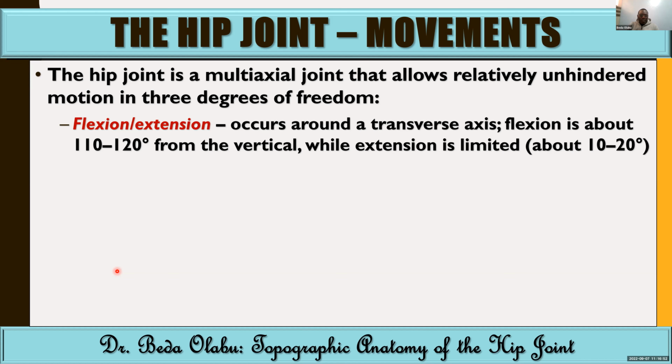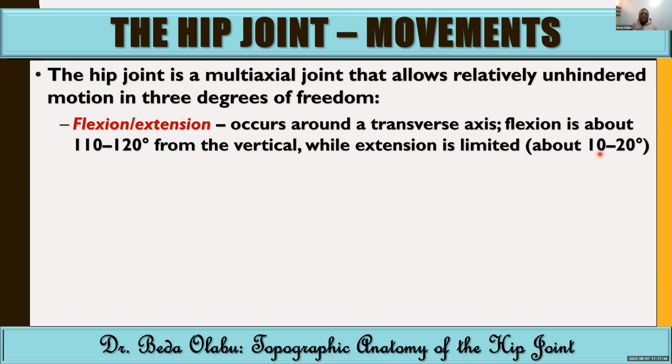Flexion is much more permissive than extension at the hip joint because extension is limited by the iliofemoral ligament, by the tendon of psoas major, and by the rectus femoris. But flexion is permissive to a big degree. And these measurements that I've given are assuming you're starting from a vertical neutral position. So if you start from a vertical, you can only go about 10 to 20 degrees backwards in hip extension. You can go up to 110, 120